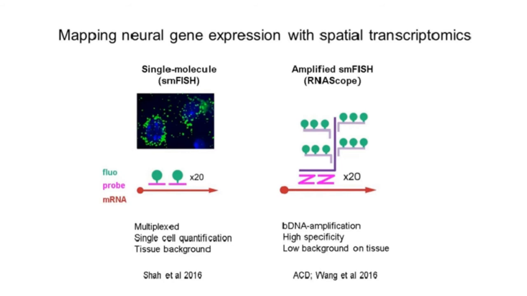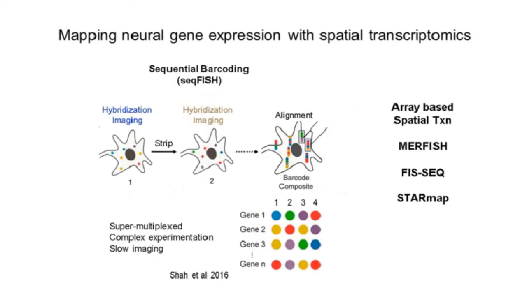I'll leave the technical details on this to Xiao-Jun Ma from ACD, whom you will hear from next. Suffice to say that the RNAscope works robustly on tissue sections, but it has not been used large-scale in vivo. So these now standard smFISH methods allow you to look at 4 to 5 genes in a multiplex manner,